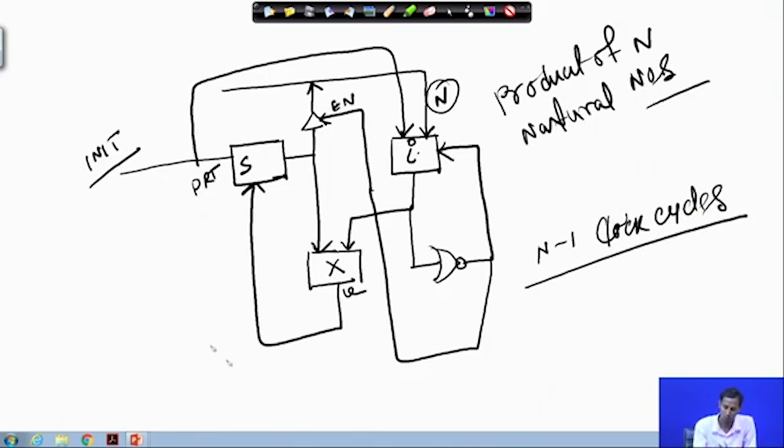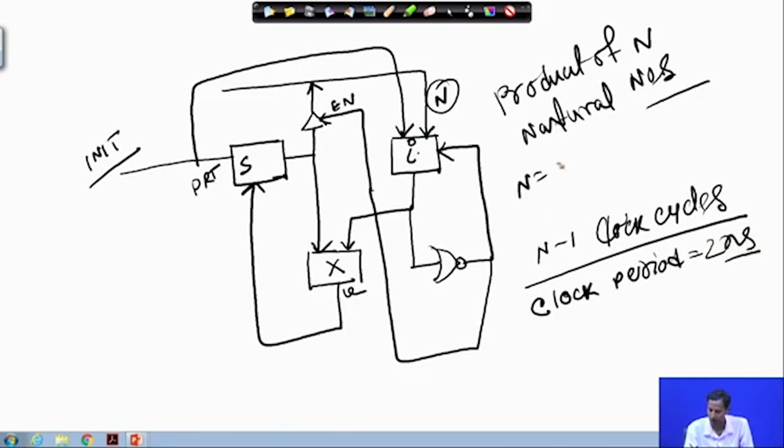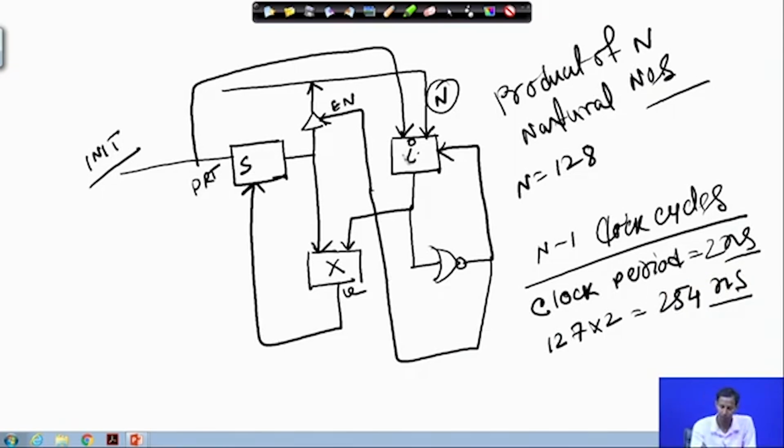So the total computation time for this circuit, suppose the minimum clock period is 2 nanoseconds and n is 128, then 127 into 2, that is 254 nanoseconds, I require as computation time